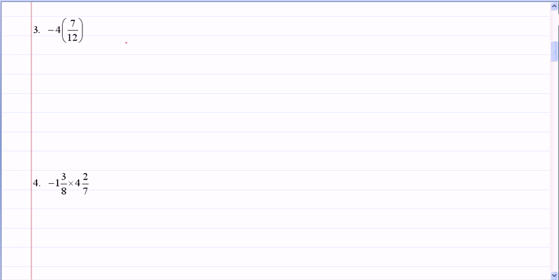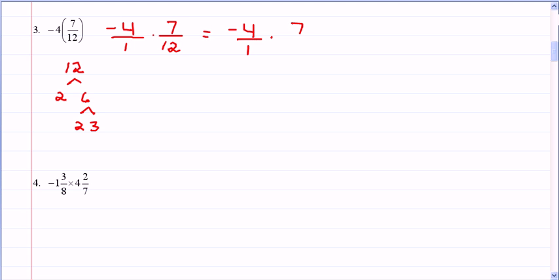For number 3, negative 4 times 7/12. So negative 4 I will write as negative 4 over 1 times 7/12. And the only number that is not prime here is 12. So when I write the prime factorization of 12, I will rewrite these fractions as negative 4 over 1 times 7 over